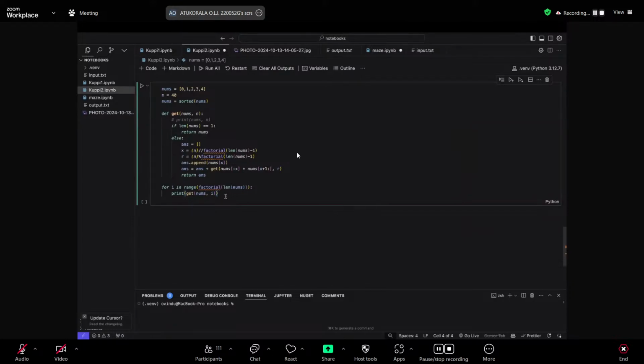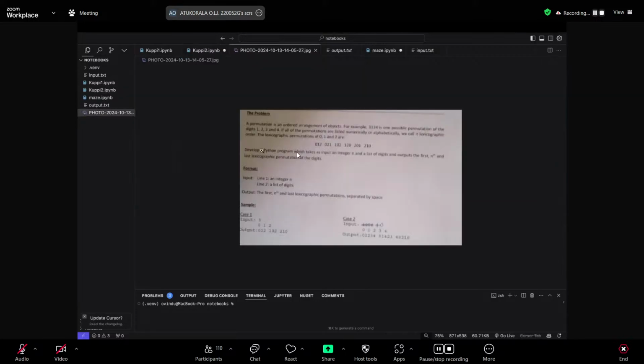Okay, I did use recursion, but I also thought in terms of how each position would come.